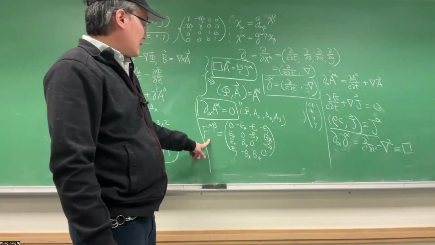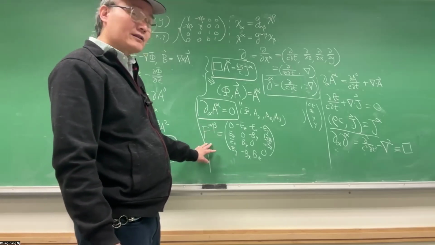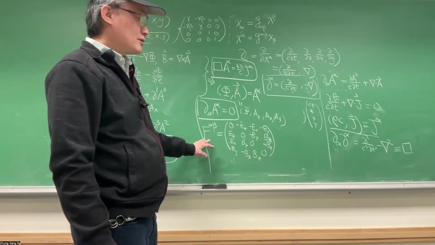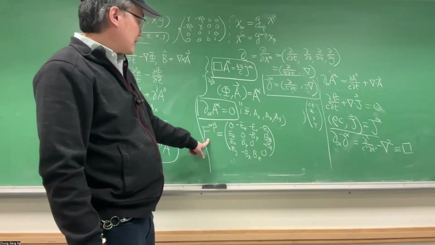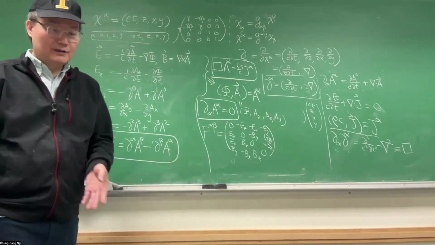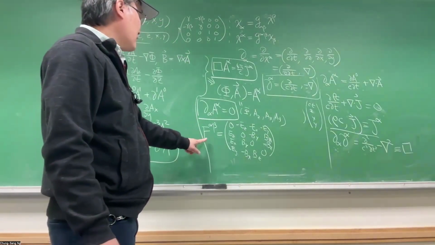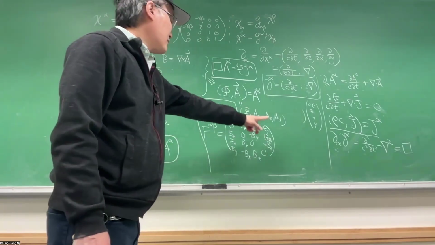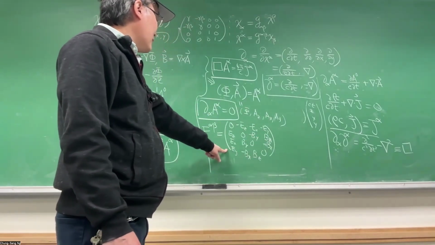So now we know that the electric field and magnetic field don't form a four vector. They actually are components of a four tensor, a second rank tensor. And that is what we call the field tensor now. And we can write down the Maxwell equations using this, and then figure out how you transform the electric field and magnetic field by this tensor. Because once we have that, we know how to transform